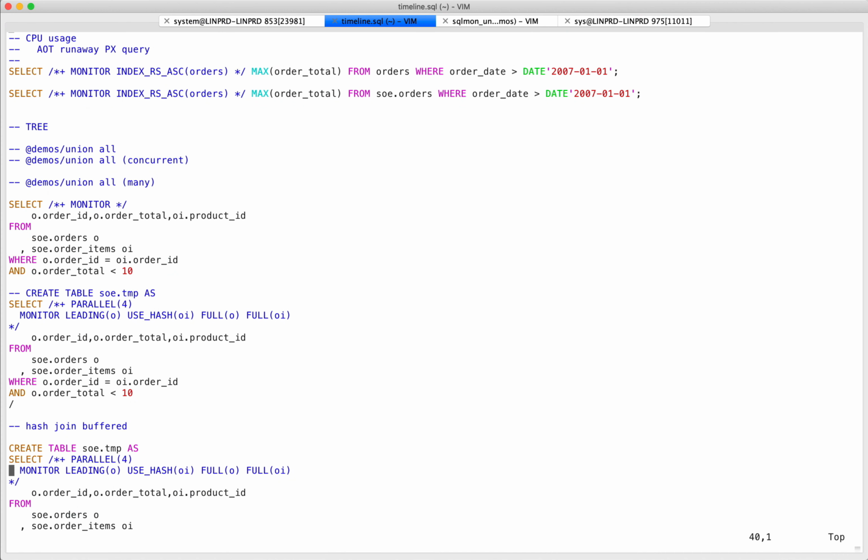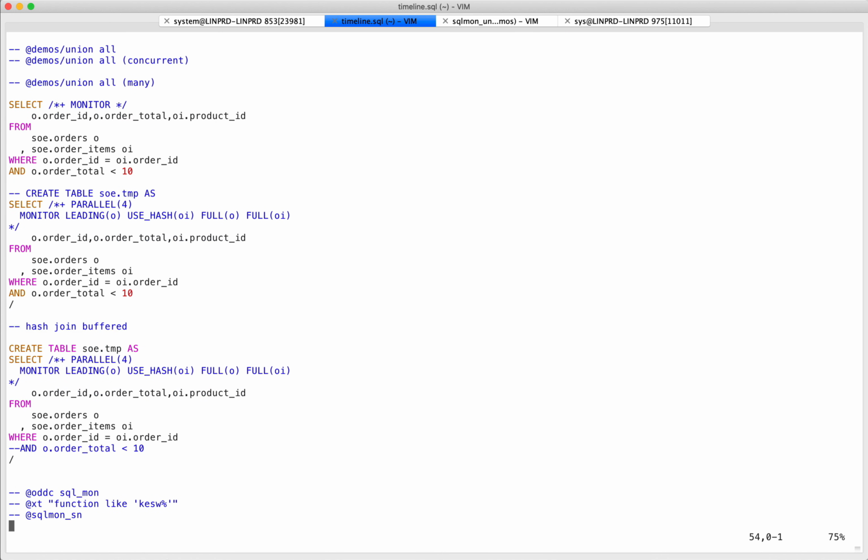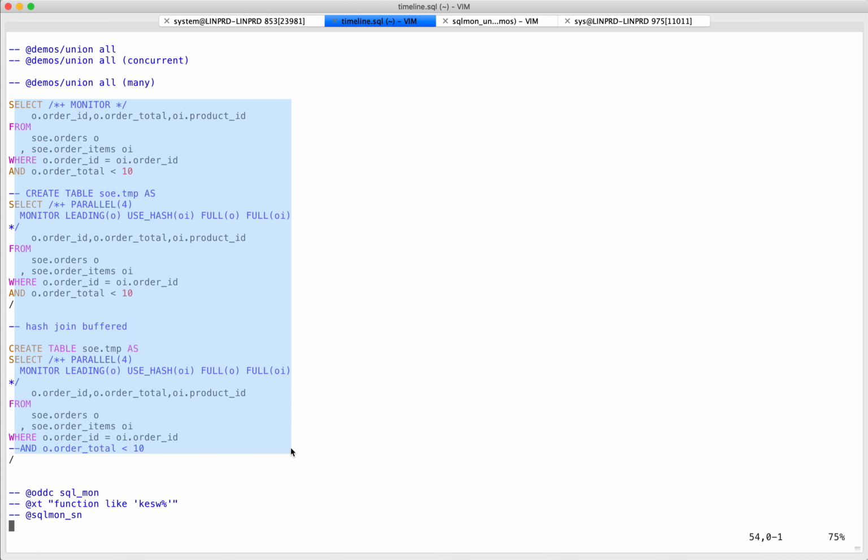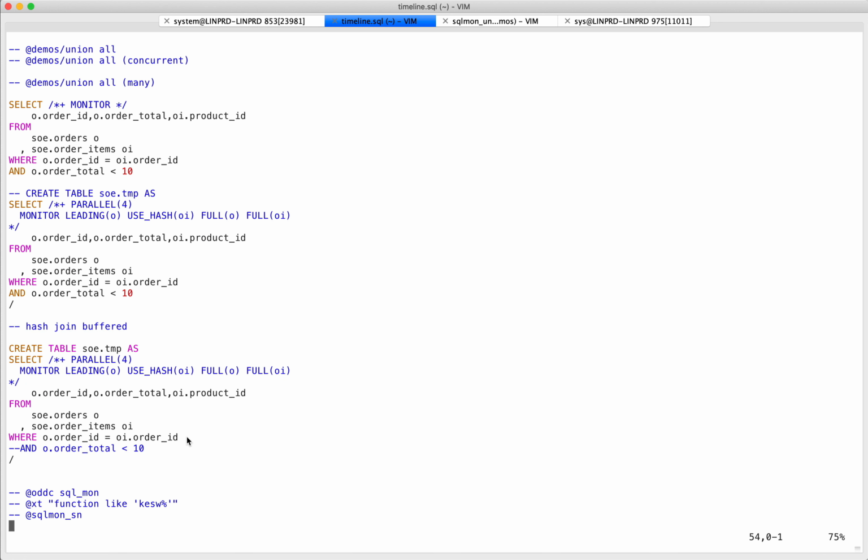I'll answer some questions later, like I mentioned. I promised to show you a hash join buffer one as well. So I guess I'll just show you two, three queries which are doing a join, and it will show you semi-blocking operations, and then we're done with the planned part, and then let's see if we go crazy and I might show you some tracing internal stuff as well. Okay,